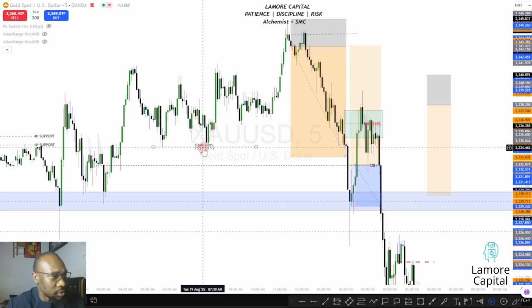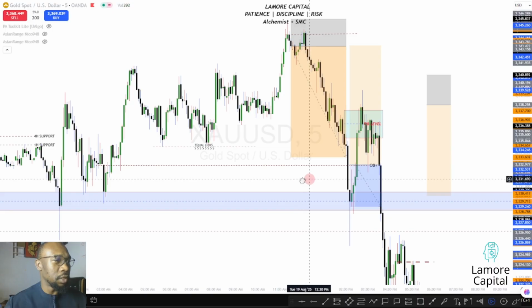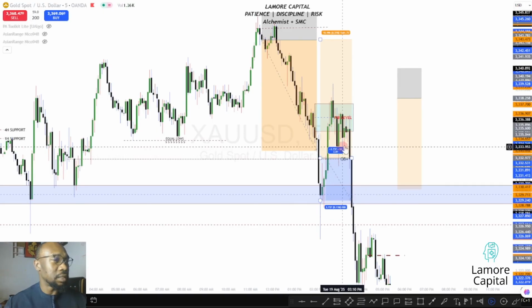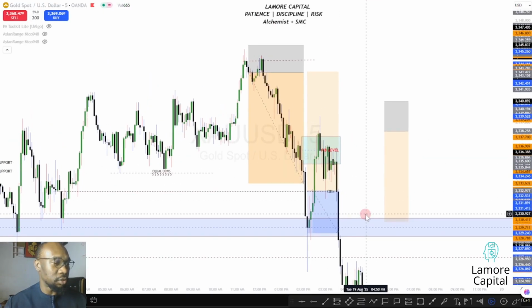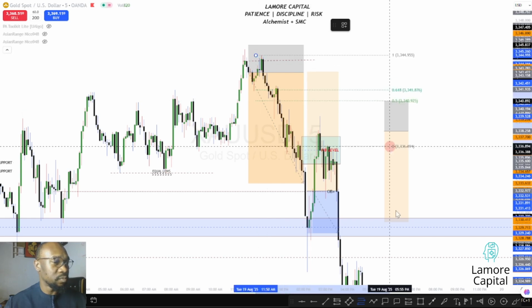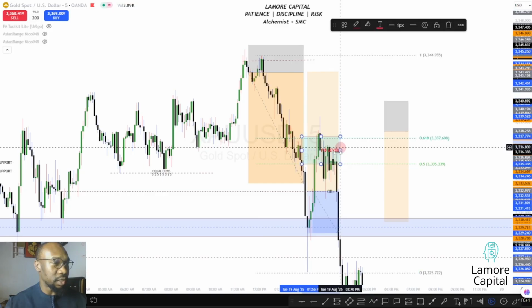Yes, this is SMC. I just wanted to try to see if it will work. Yes, this is equal lows, and irrespective, this is a clear order block to me on the 1 minute time frame. And when the market came, took us out immediately, and irrespective, what I did next for the third trade was that I drew my fib level from this particular level here to this level. Don't forget, from this top here to this bottom here, that was where I drew my fib level from. And this, can you see, this is where the fib level is.